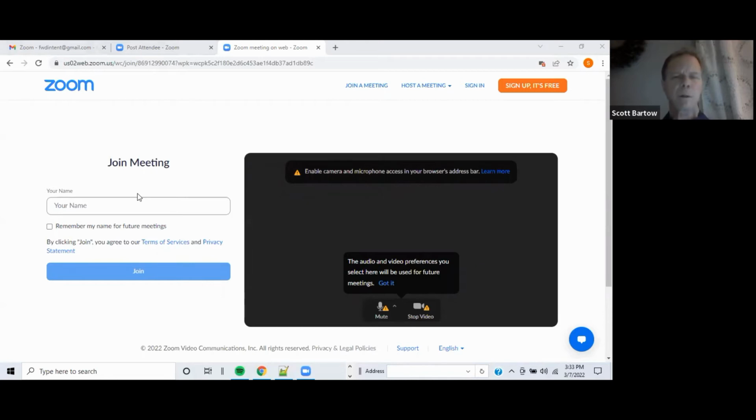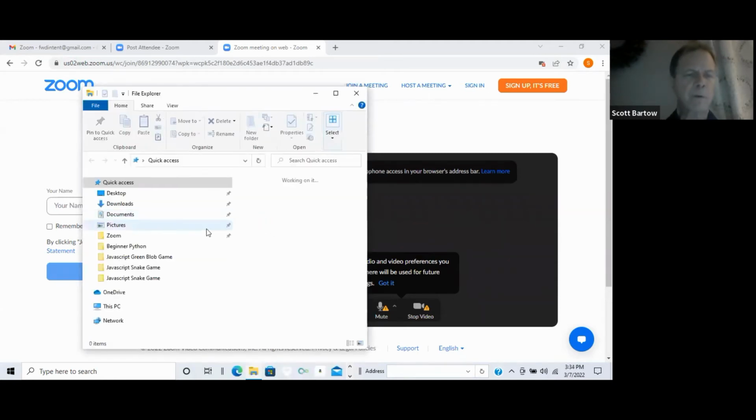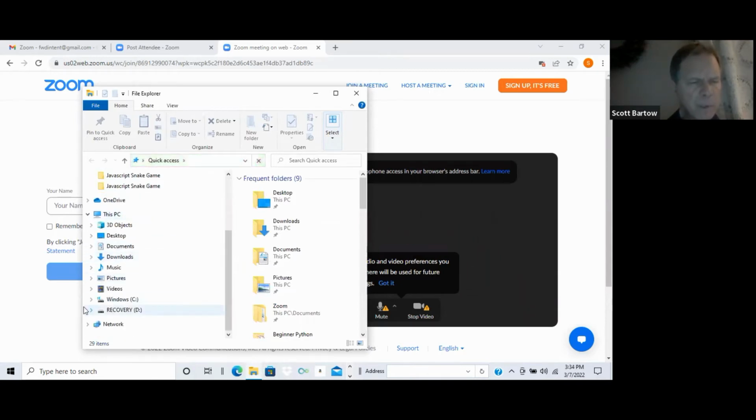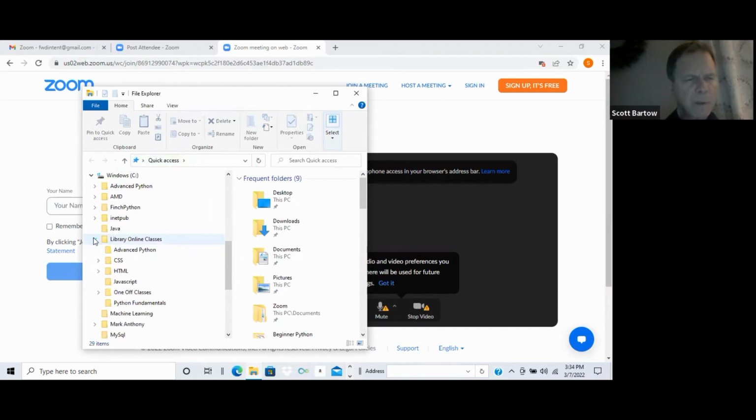all right. So I'll open up File Explorer. And we're going to be running our files in Chrome, the web browser Chrome. I prefer that over Firefox or Internet Explorer or Safari. I just have to bring up File Explorer. There it is. All right, so I'm going to go into my beginner file, Library Online,